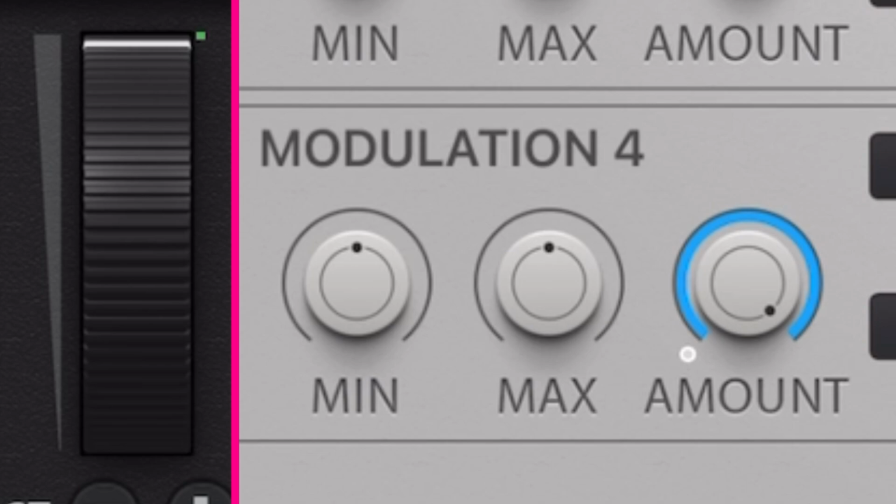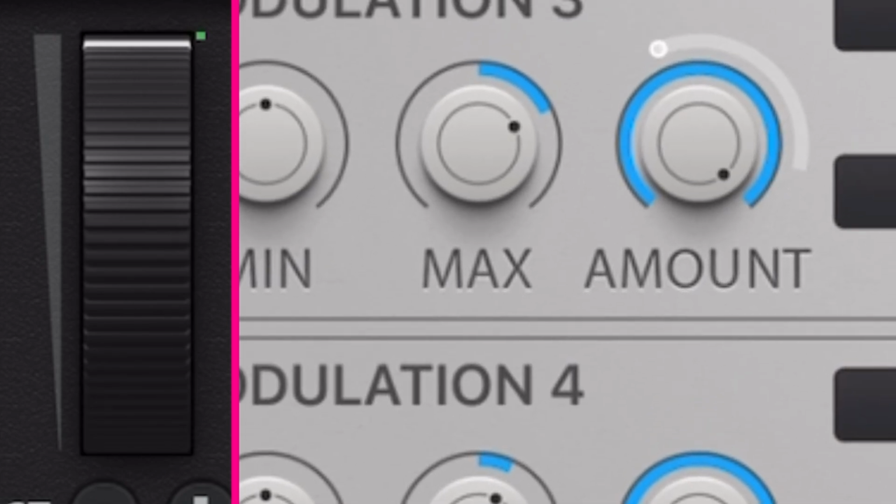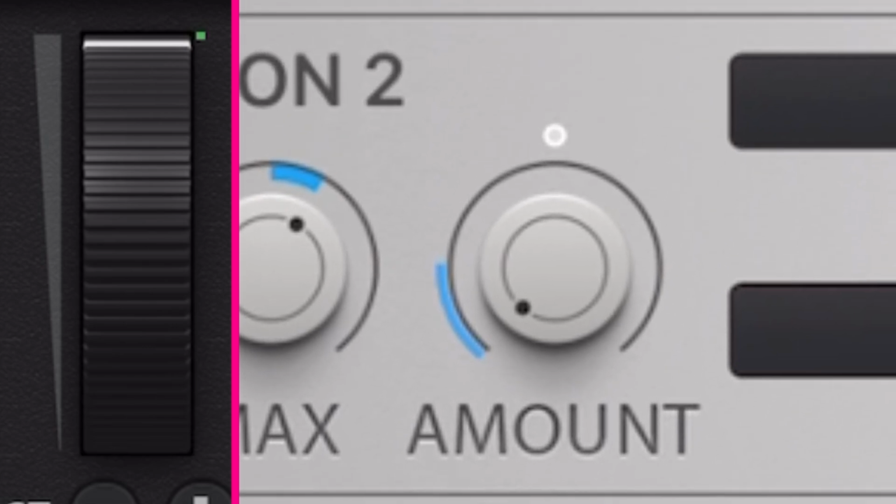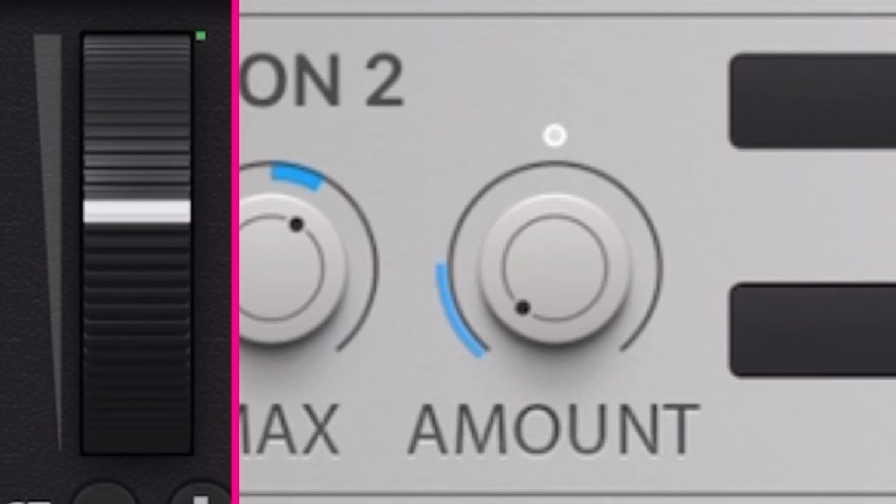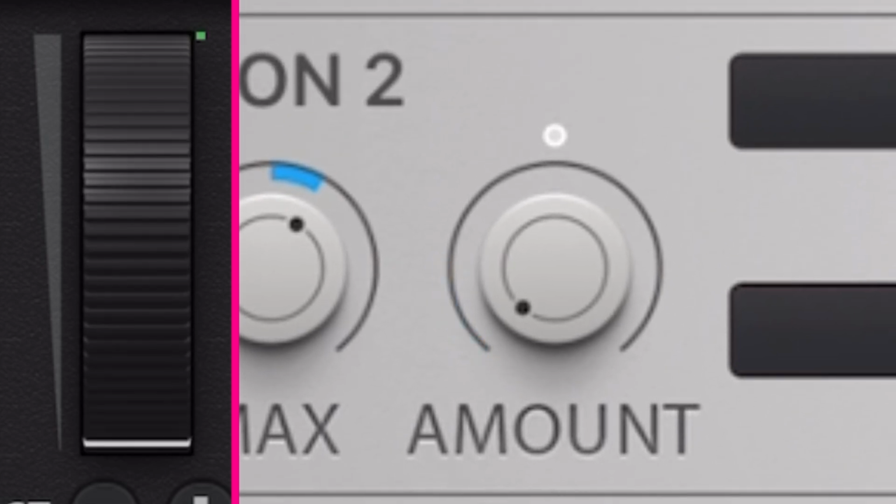And I do this by playing notes and then increasing the maximum value here. And now we can actually control the amount of this wobbliness. So if I pull the modulation wheel all the way down, we have none. And if I pull it up,